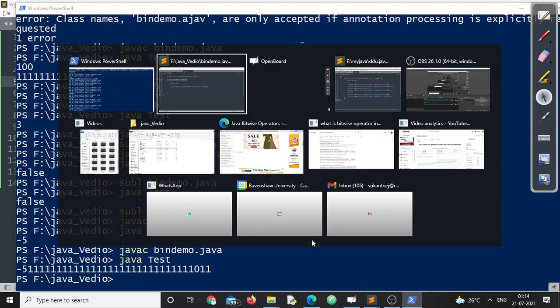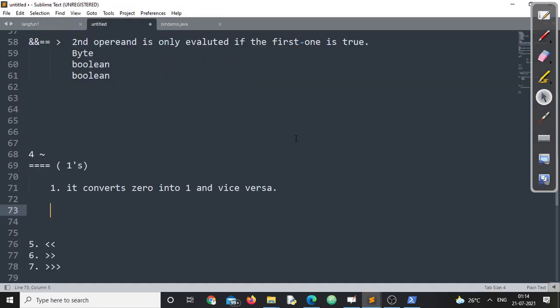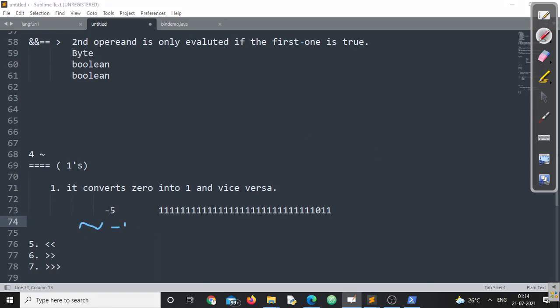Now, I hope you all could understand how minus 5 is stored. This is how minus 5 is stored in memory, right? What was my requirement? I was in the process of finding the one's complement of minus 5. What is the role of one's complement? It will convert all zeros into 1 and all ones into zeros. Now in that process, all the bits from here to here will be 0, and this 0 will be 1 and the remaining also 0, right? Since the most significant bit is now 0, the number is positive.